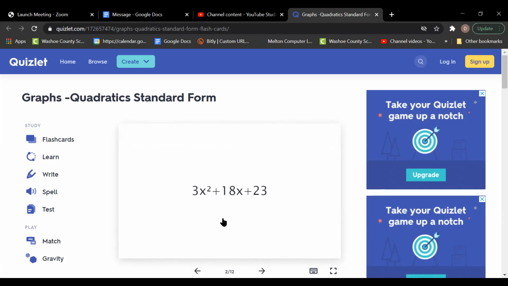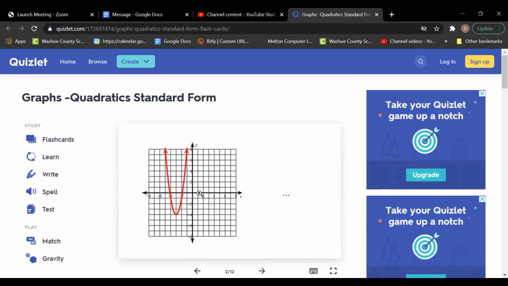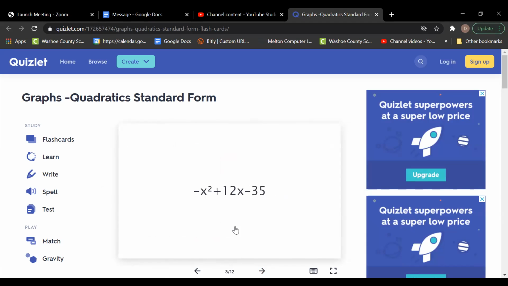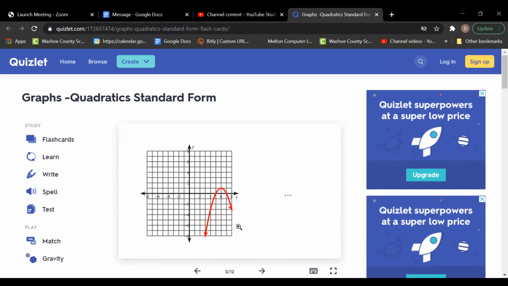Now take a look at this one here, 3x squared. I know it's a happy face. I also know it's a 3, so that means a is bigger than 1, which means it's going to be a narrower parabola. If you look at it, it does look narrow right here. It also looks like the x-intercepts are at -4 and -2, but your axis of symmetry is going to be at -3. I just want you to look at this, evaluate the equation, look at the graph, ask why it is drawn the way it is, and take a moment to go through this. When you're done with this,